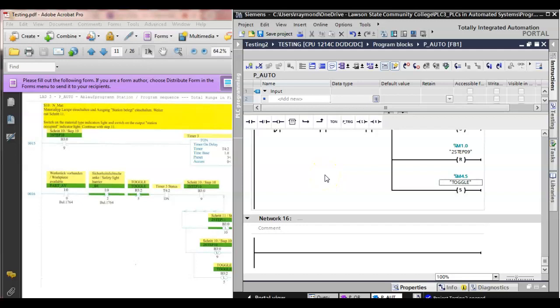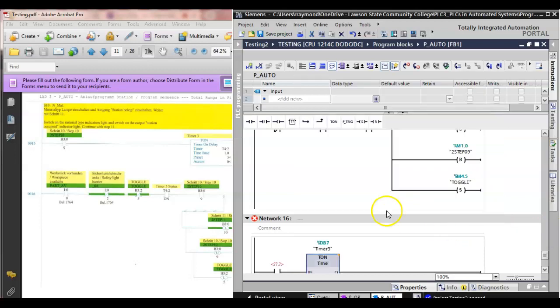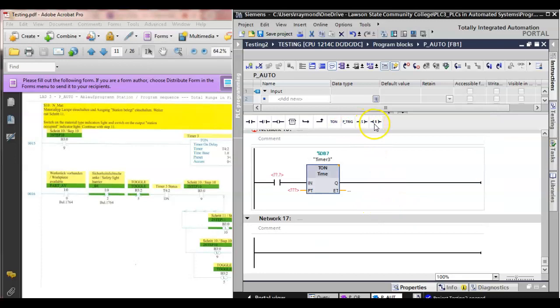Okay, so this is rung 16, and we got another timer. So here we go. We need a normally open. Then we need an on delay timer. We're going to assign this. This is going to be timer 3. So it's going to create our data block for us. Then we're going to put a coil. And we're going to call this what? We're going to do this on the fly, guys. So we're going to assign this to M